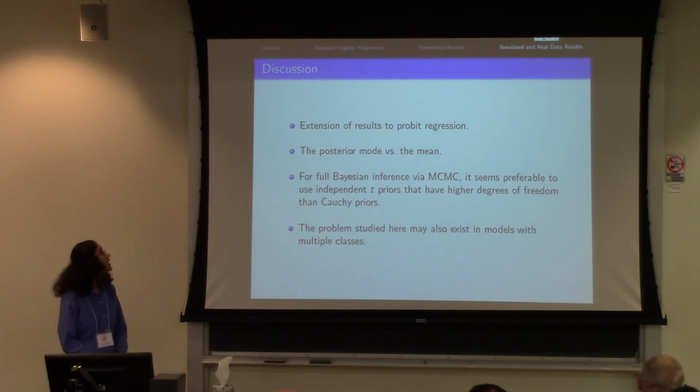And if one is interested in getting a quick answer, then the TM algorithm that they provide works really fast, so that might be just fine. But for full Bayesian inference using MCMC, or if you want to have variable selection built into that, then we think the Cauchy prior is probably not a good choice as a default. And most likely all the results would also extend to problems where there are multiple